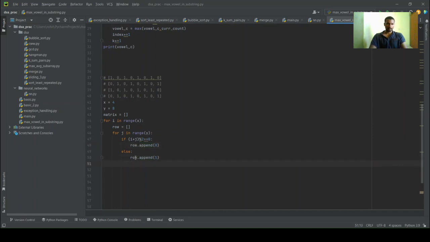As soon as j has done the iteration for that single row, we'll make the row empty and start again for the next row. After that, we'll store everything inside the matrix variable. A matrix is the combination of rows and columns, so it should be a combination of row lists. Okay, I think it looks good. Let's print this matrix. If I run this,